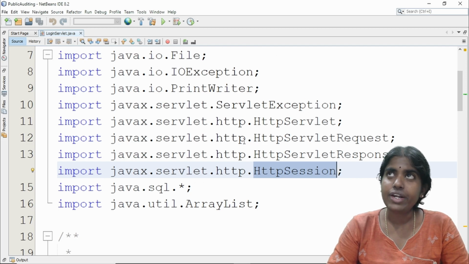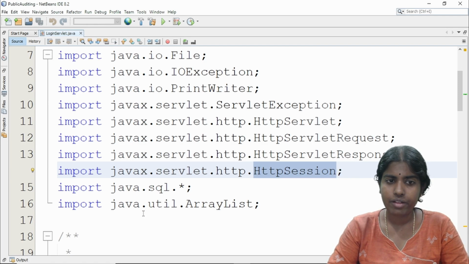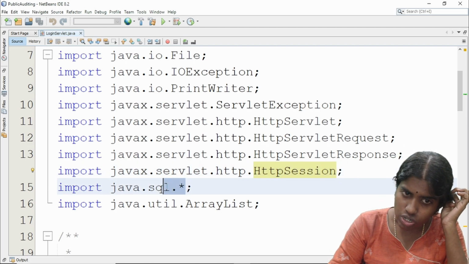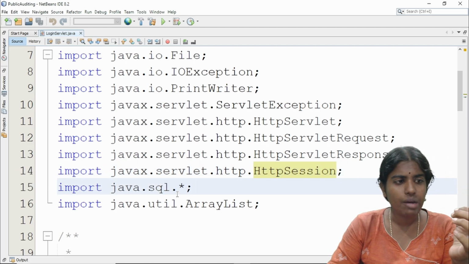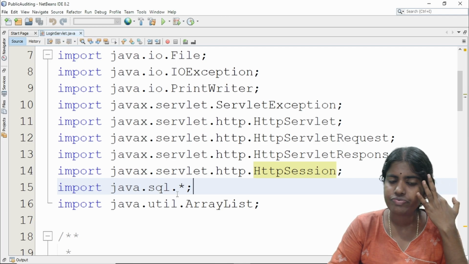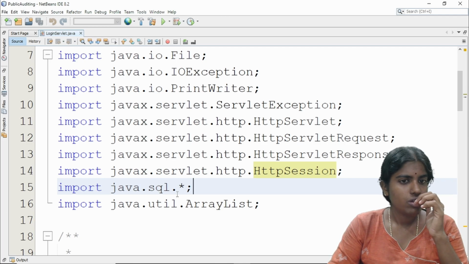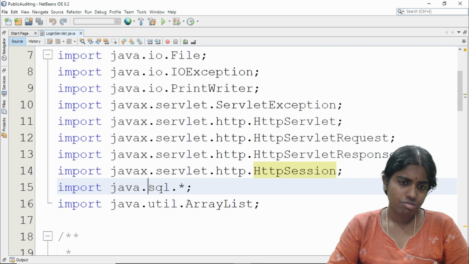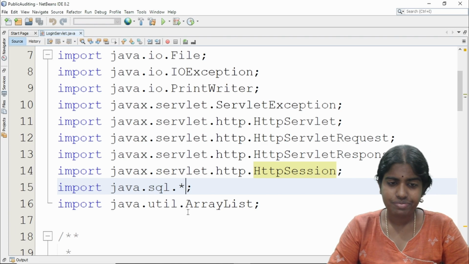All these are important Java packages and libraries used for any kind of web development. I'm also importing java.sql.*, in order to perform any database related operations.